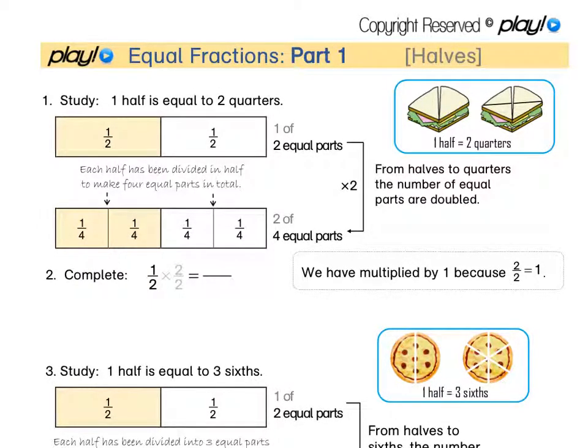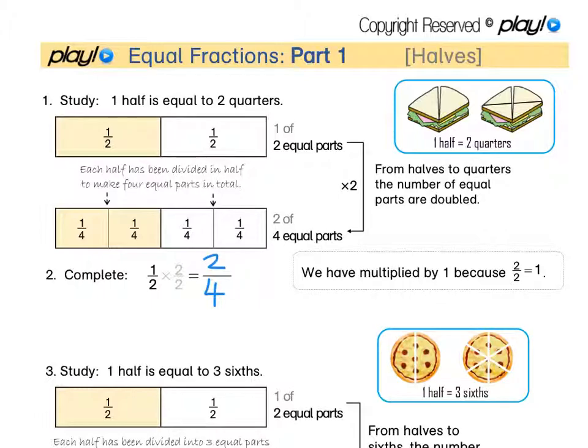From this we see that from halves to quarters, the number of equal parts are doubled. 1 out of 2 is doubled to give 2 out of 4. Or we can write it like this. In fraction form, we say 1/2, 1 over 2. Now if we times the top by 2 and the bottom by 2, we get 2 out of 4, or